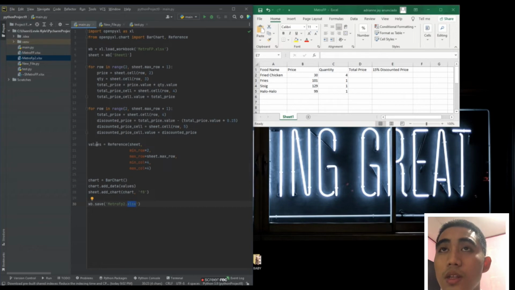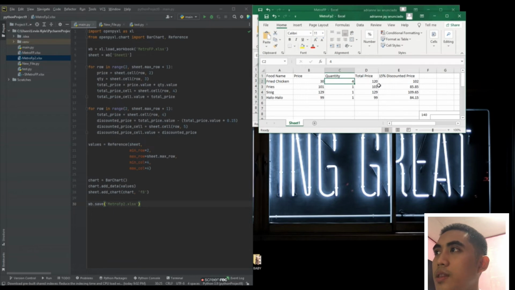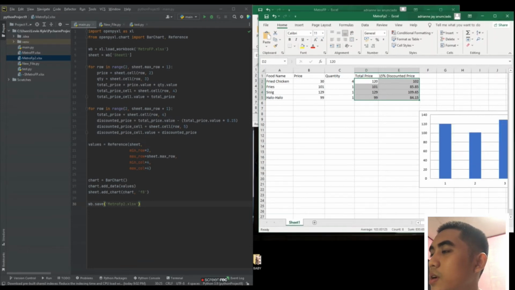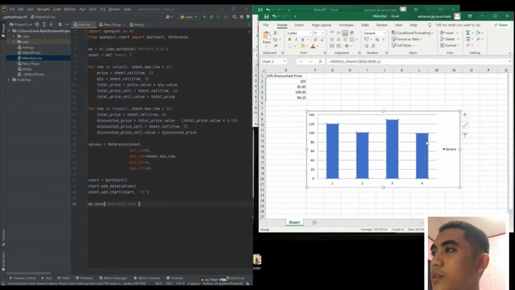I already created this Excel file right here. So let's try to open this one. There we have it, our solved values. So another function for this activity is right here, the chart of our